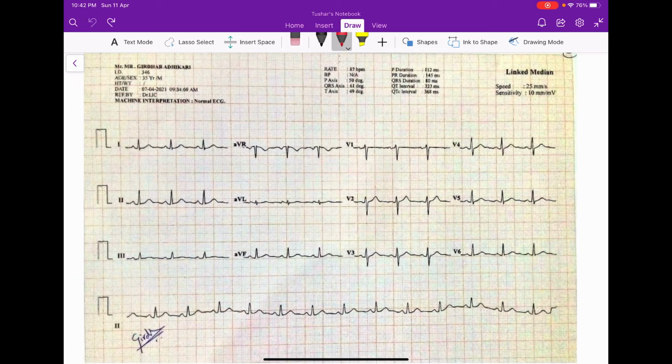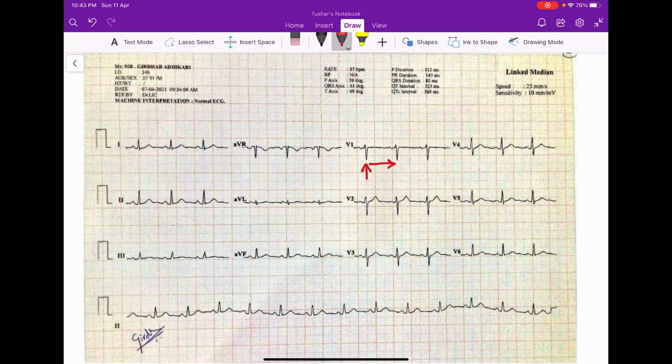After looking at the standardization, we need to look for a QRS complex which falls almost exactly onto the border of the 5 millimeter large box. So here I can see that this is a QRS complex which falls exactly on the border. So I will start measuring the heart rate from this QRS complex to the next QRS complex over here.